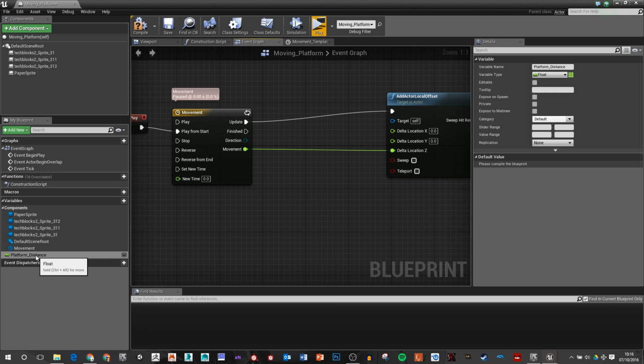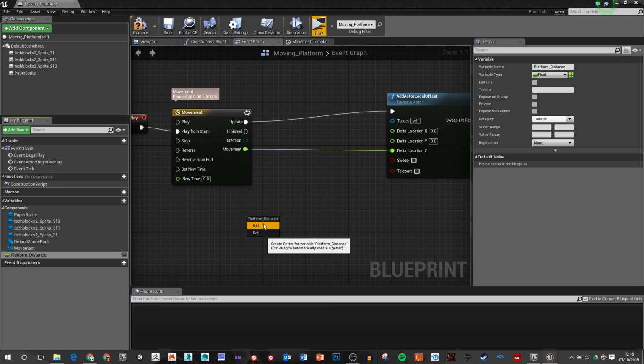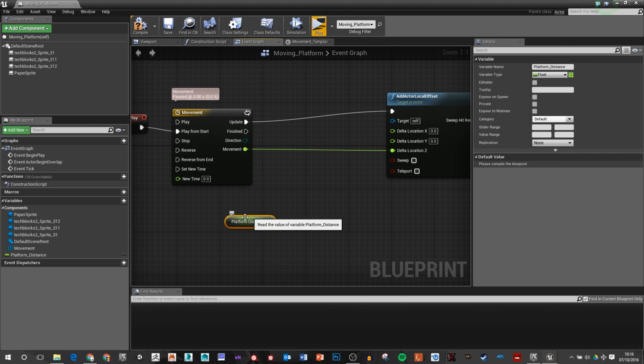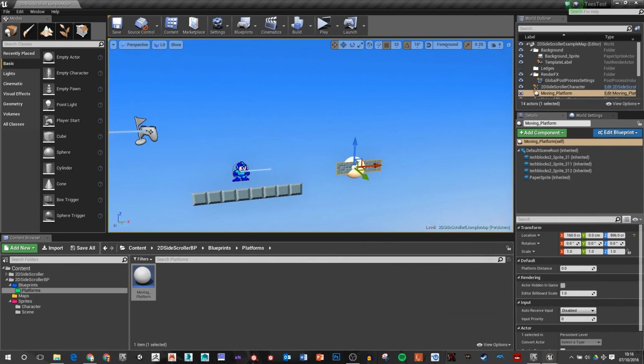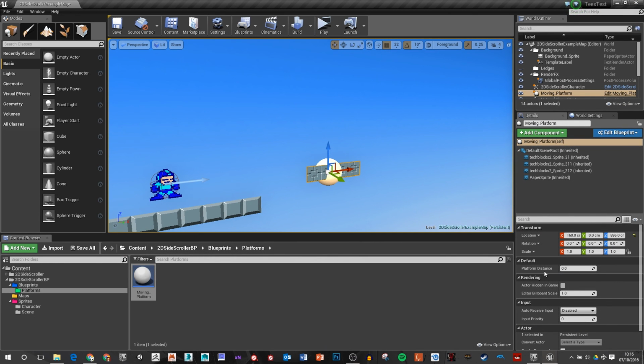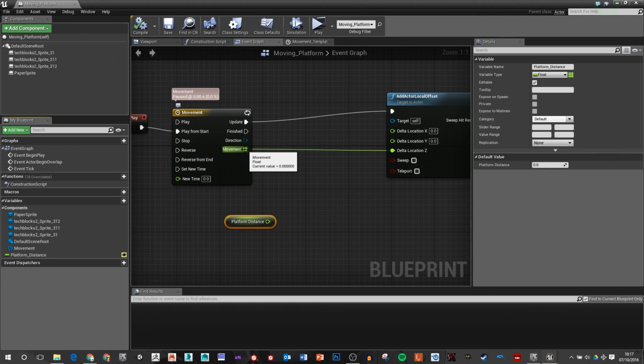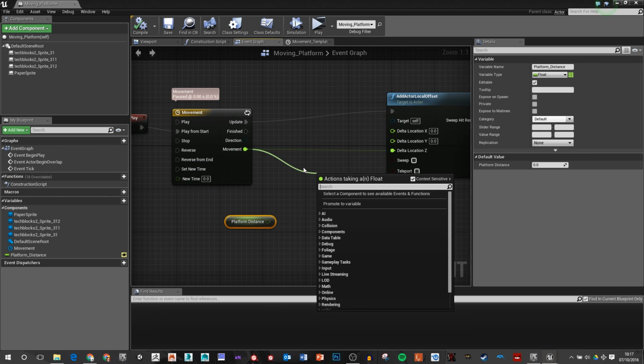So what I want to do is bring this in, okay, I want to get it, I don't want to set it, so I want to just get the value. And another thing I want to do is make it public. By making it public, I'm just going to compile and save it here. When I'm out in my editor, you can see that I've got platform distance, and I can change the value of this, which is pretty cool. So what I want to do is maybe multiply this movement number by my platform distance, which I can set out in my editor. So if I pull this out and I just type in multiply,